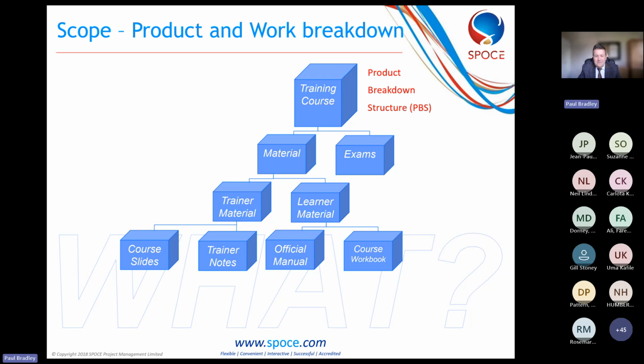What we can then do is understand each of these outputs, each of these products. We usually write things like product descriptions, describing each of those and what they need to do. And then we can start getting into understanding what the work is. So for each of these, like the course slides, those white boxes that I've put on there represent the activities. So in order to produce the course slides,